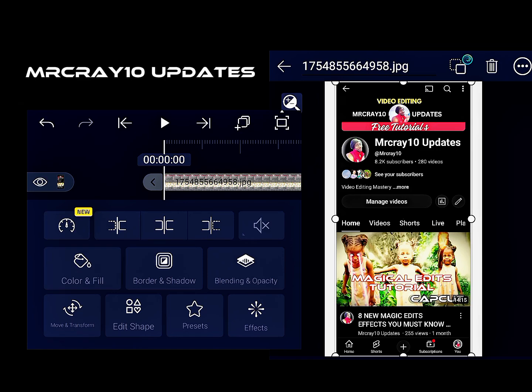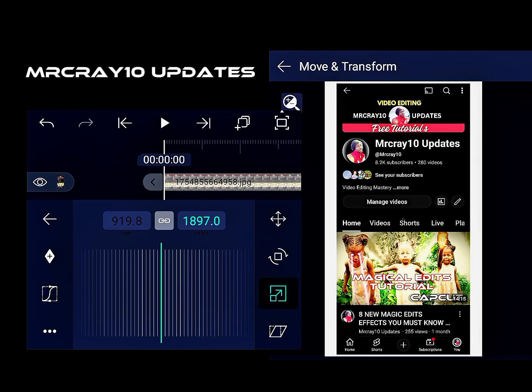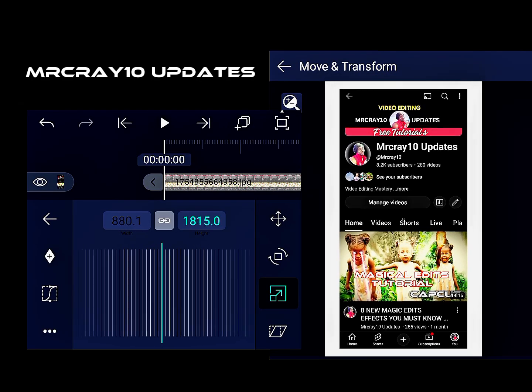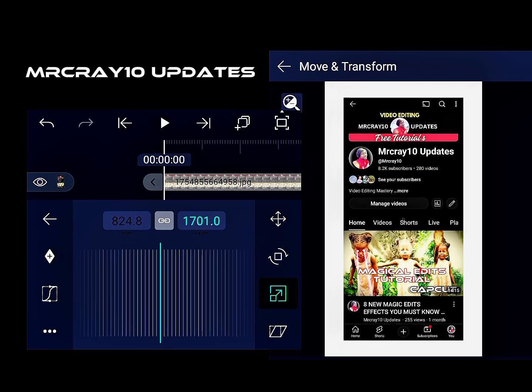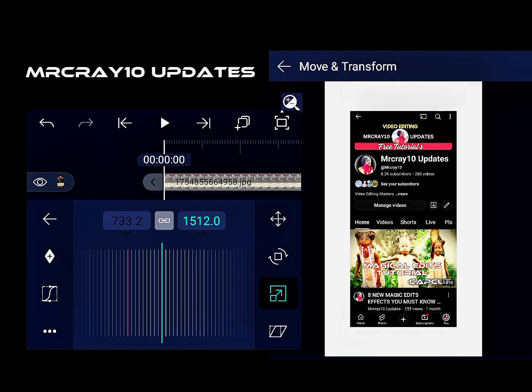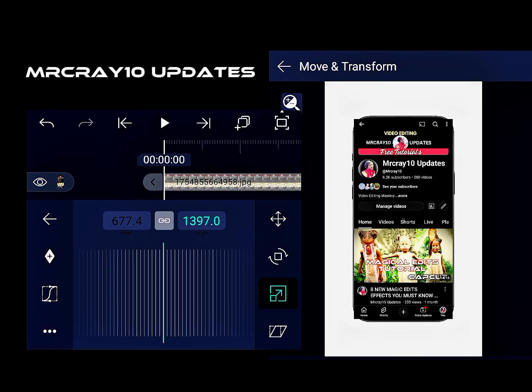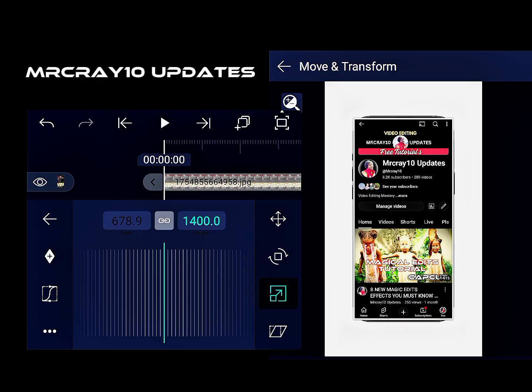At this point you tap on move and transform again to reduce the size. This time around I will leave it at 1400. So if you can see,